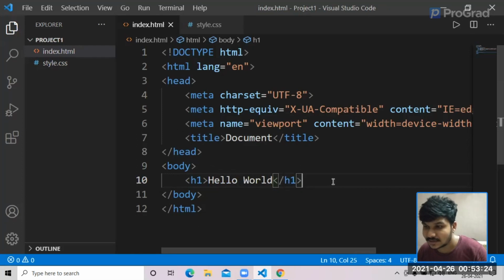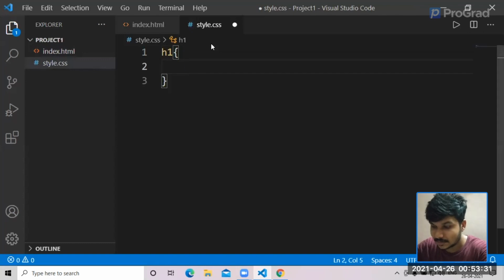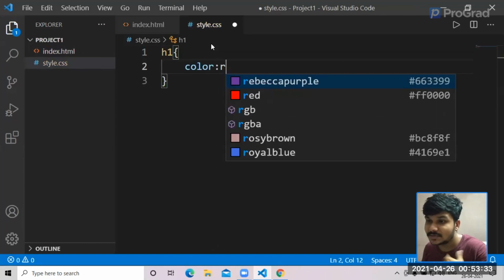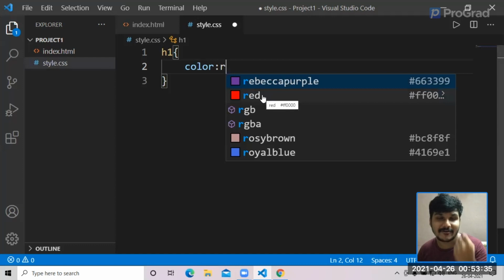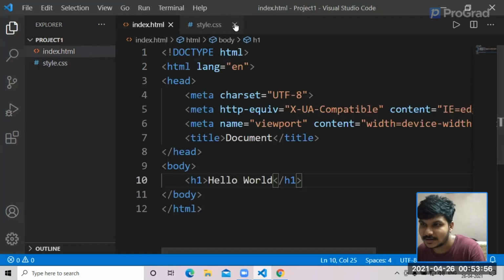So I think we have written some code in here, and let's do the same in CSS as well. Let's go ahead and write style, color. You could see the best feature we have in Visual Studio Code is the automatic code completion property, and syntax highlighting is automatically available in Visual Studio Code. That's an advancement which VS Code has. Okay, let's click red and close it up, and let's save. And yeah, that's cool.